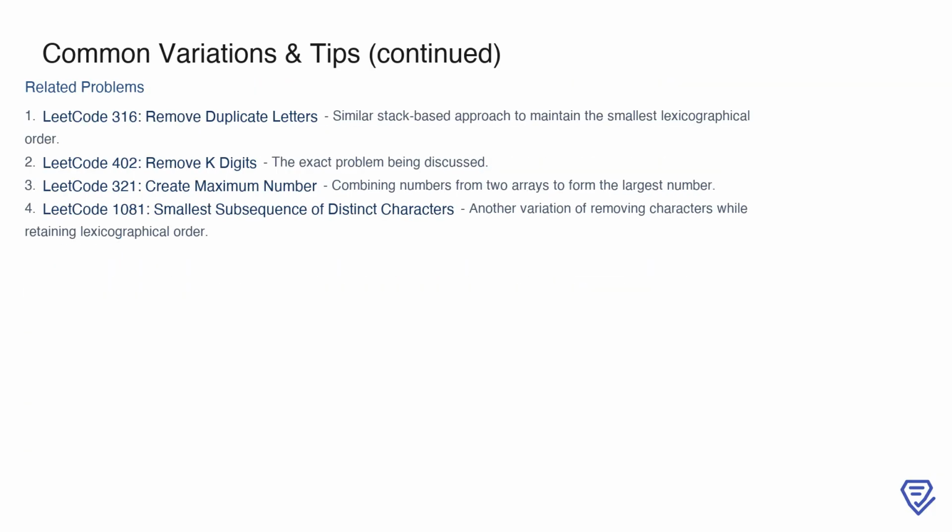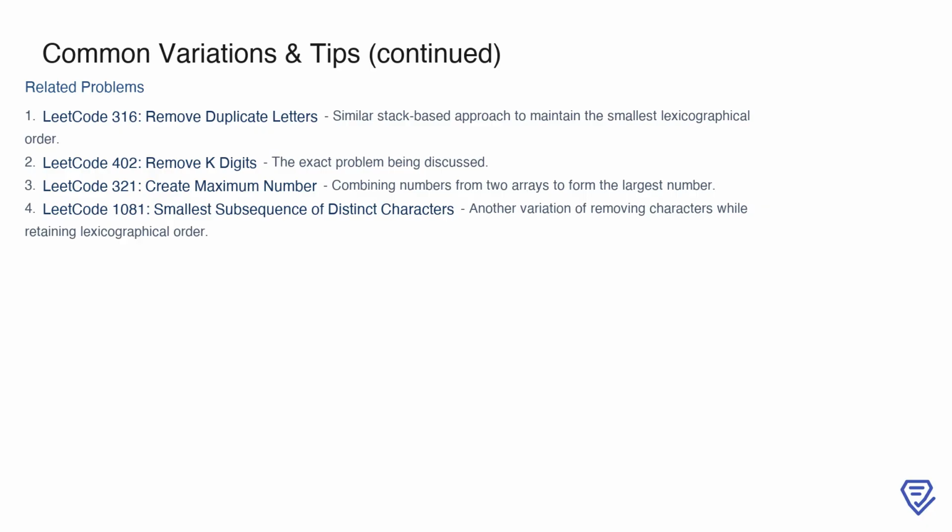This problem also connects to several other challenges on LeetCode, making it a great opportunity to deepen your understanding of related concepts. For instance, LeetCode 316, Remove Duplicate Letters, uses a similar stack-based approach to maintain the smallest lexicographical order. The current problem, LeetCode 402, focuses on removing digits to form the smallest number, so it directly ties into our discussion. LeetCode 321, Create Maximum Number, takes a different perspective, asking you to combine numbers from two arrays to form